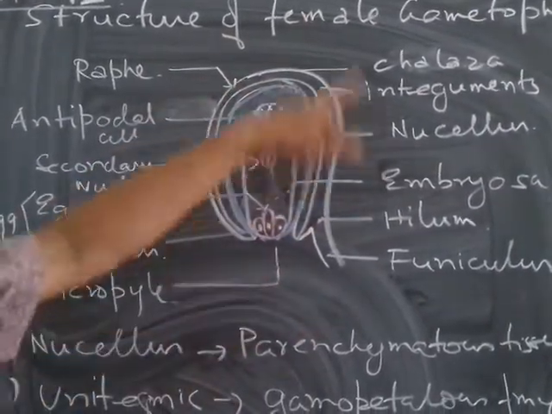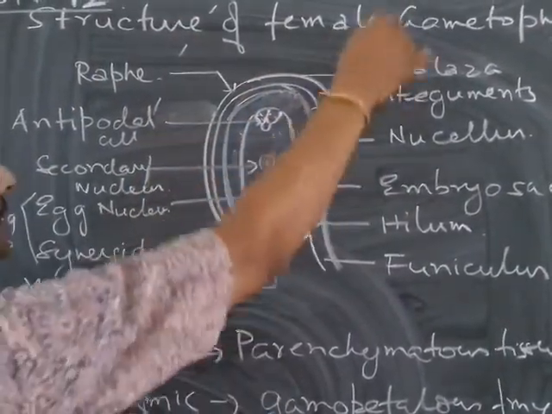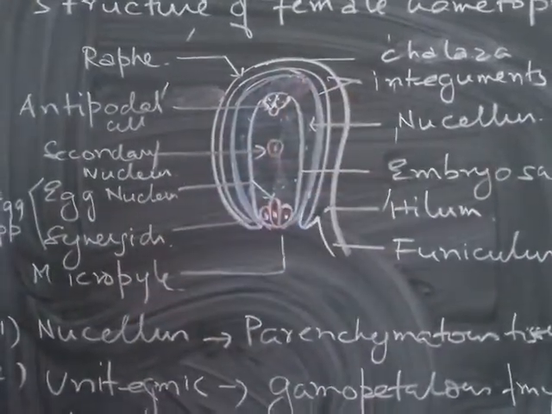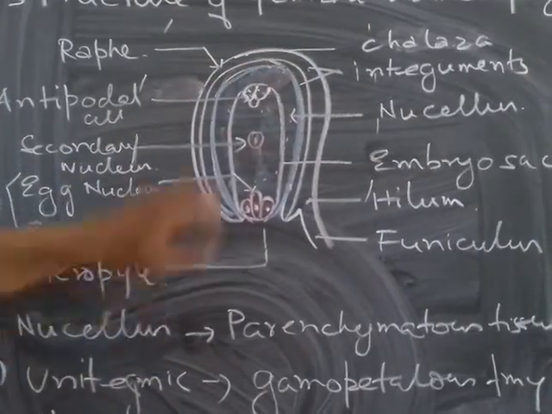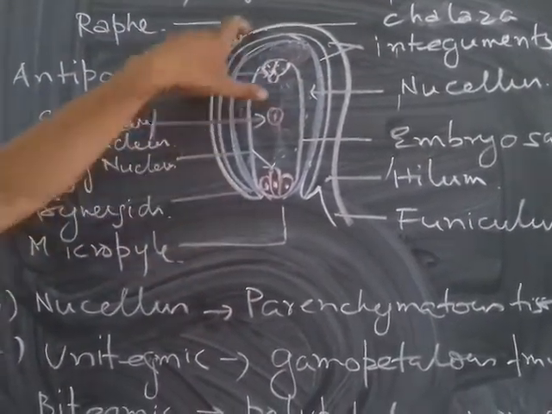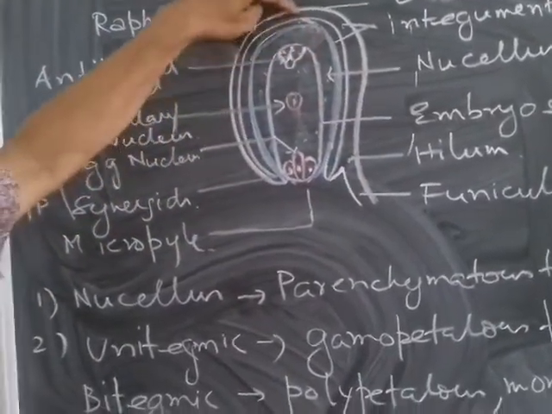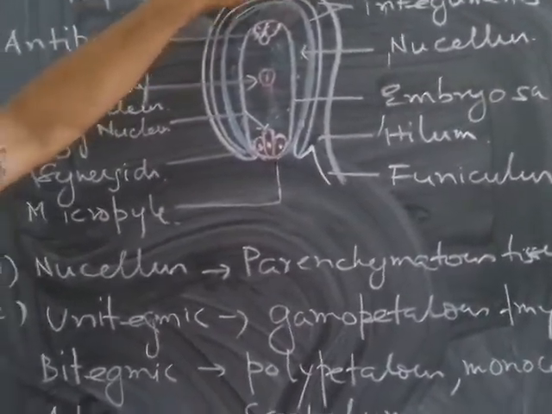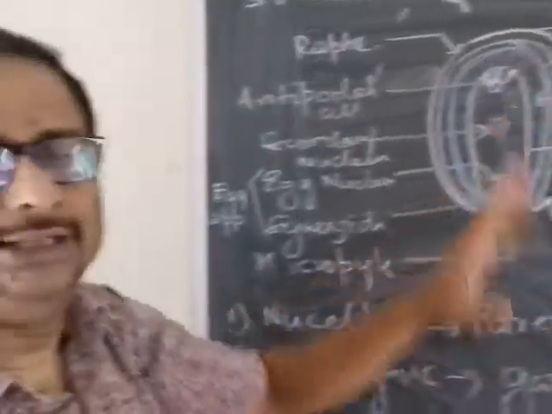This is enclosed within the ovary. So the ovary is like this, and the ovule, which later on becomes the seed, is embedded inside the ovary. Now let us see the structure. You will see that the ovule has two outer coverings. These are called the integuments. Integuments can be single, double, or three also. Even some are without the integument.